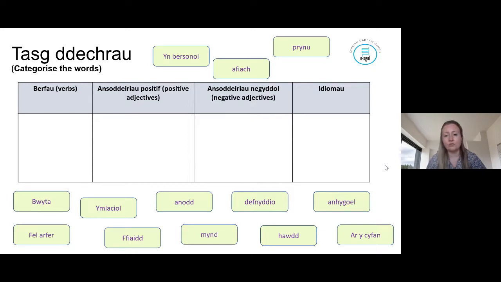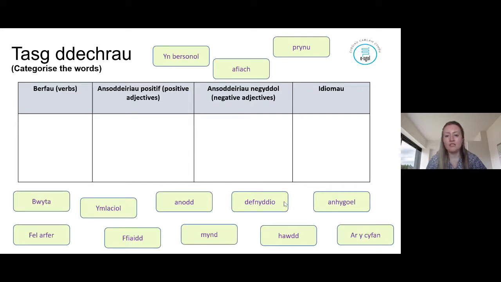So I don't like this food. Maybe because it's afiach, unhealthy. We've also got fiaidd. Fiaidd goes in the negative adjective section. Okay. Another one which is negative would be, those two are it, are they? Fiaidd and afiach, and anodd, difficult. Now, anodd, difficult, could I suppose be used in a positive sense, but fel arfer, usually it's a negative one,